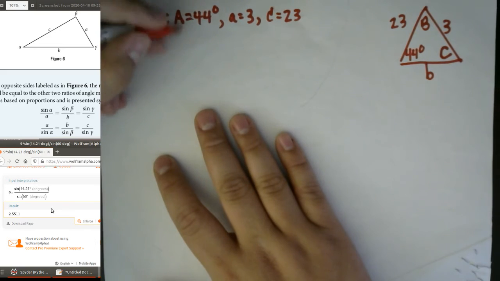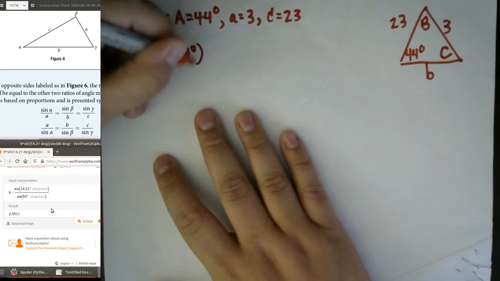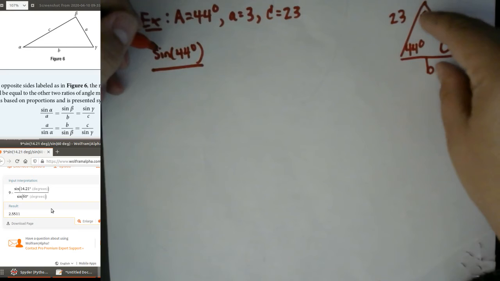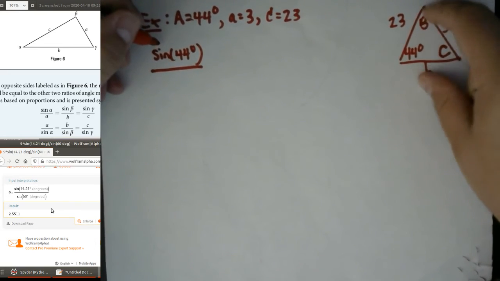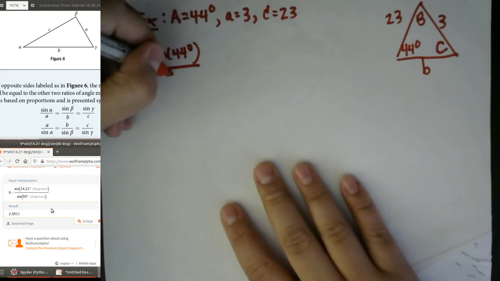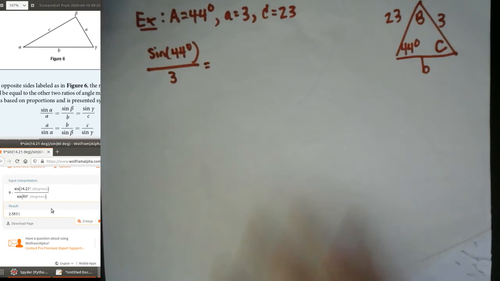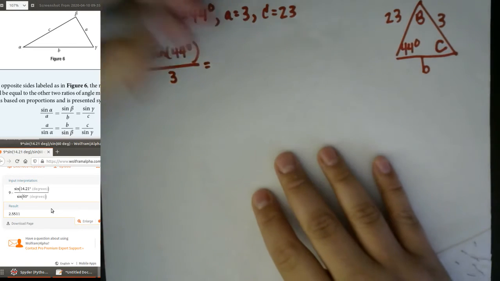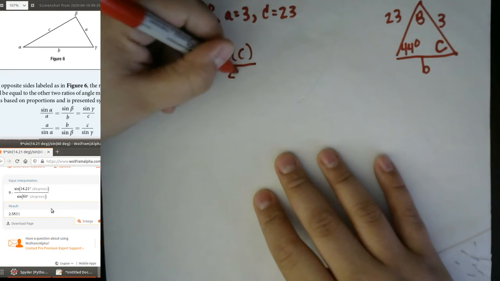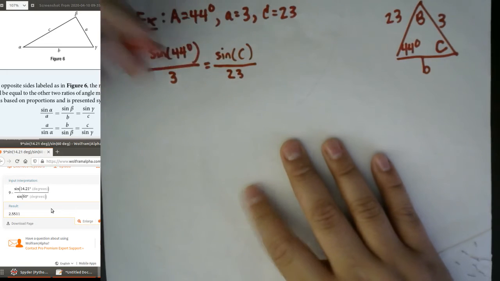Let's work this out. So I'd have sine of 44 degrees. So I'm going to use this pair, obviously. I'm not going to use the pair of b's this time because they're both unknown. I'm going to now use the pair of the c's where one of the c's is unknown. So I'll have a 3 down here, and I'll have on the right sine of c, whatever that is, divided by 23. So just like before, I solved this for sine of c,